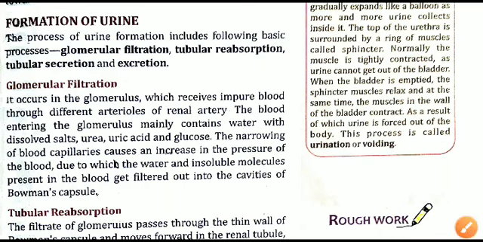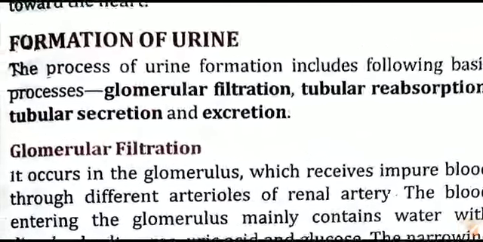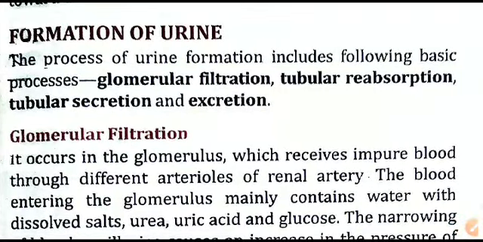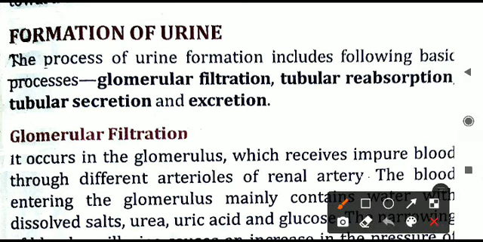Here we are with the next part of chapter number 5, human body excretory system. We'll begin this video with the next topic, formation of urine. In the previous video we covered the structure of the kidney and how the blood supply is ensured in the kidney. Various arteries and veins are participating there. Now we'll see how the formation of urine is done.